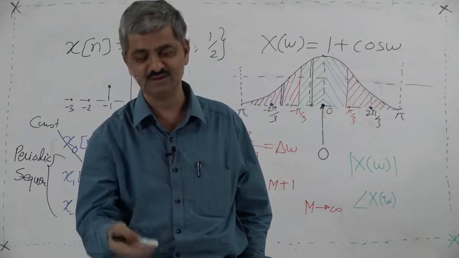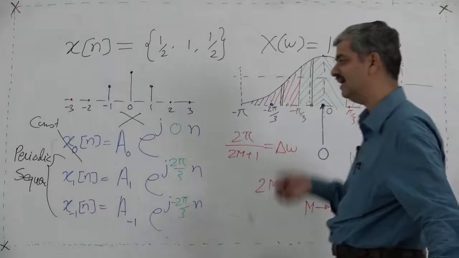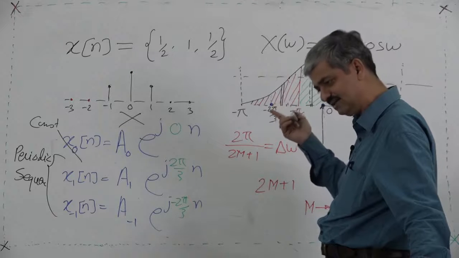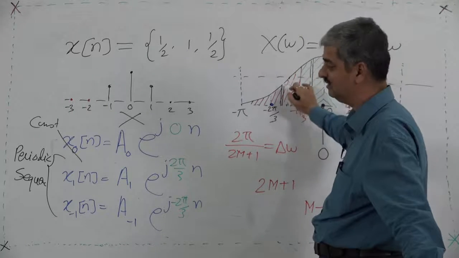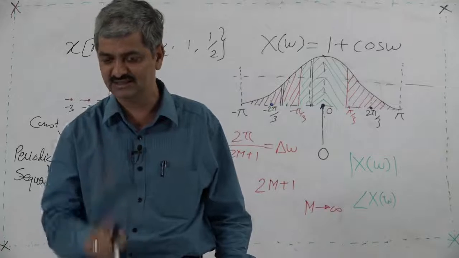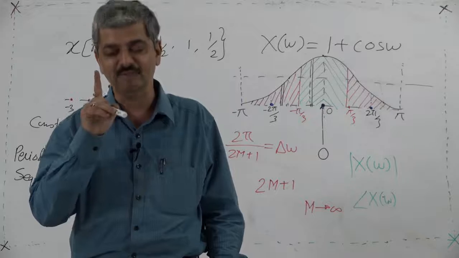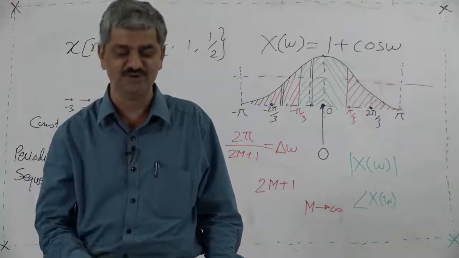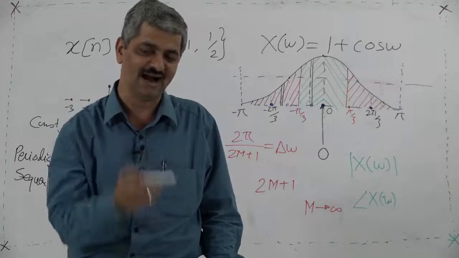All are almost zeros, but one is more and one is less. So, in infinite components, the magnitude of every component is infinitesimal, but the magnitude of this component is definitely more than this component. So I again repeat, X omega is not the amplitude of the discrete subcomponent. X omega is the relative amplitude of the discrete subcomponent. The amplitude of all subcomponents is infinitesimally small, with delta omega tending to 0.